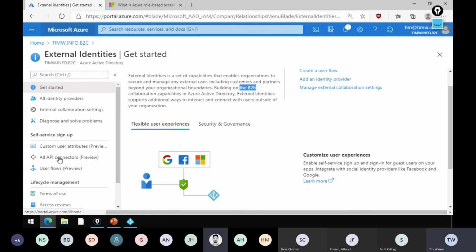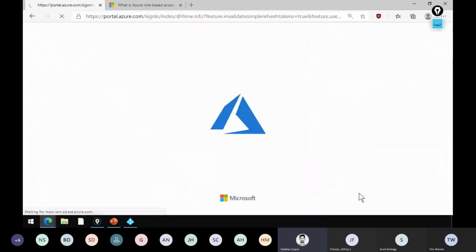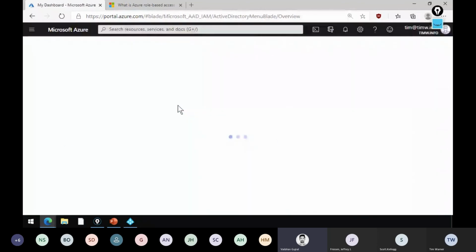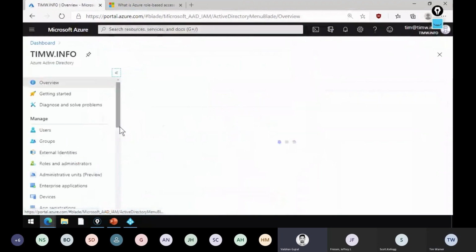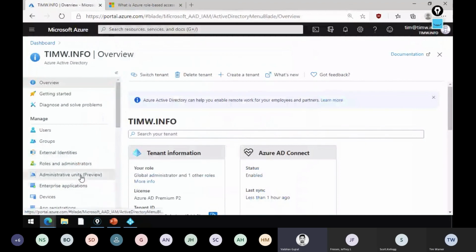Hey Tim, did you play around with those new administrative units which are in preview? No, that's something else. I'm not even aware of that. Can you speak a little bit more about it? I have not played, but I was looking into it. When I was looking into our AD tenant, it shows administrative units in preview. And from what I just glanced at on the blade, I thought probably it is something to do with the organizational units that we used to have. I might be mistaken, but it looks like here they are.